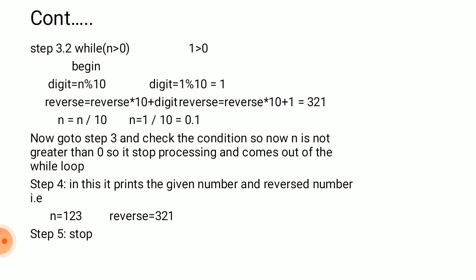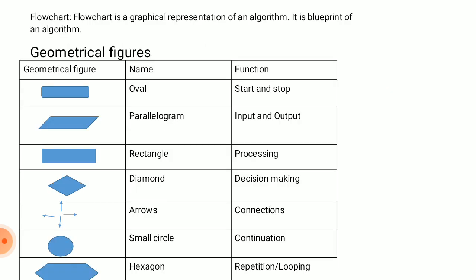Okay, according to the condition, see how the statements are executed. Just write the numbers, take some example and try to trace the algorithm, then you will definitely understand. Okay, next concept is flowchart. And one more thing, there are 2 more algorithms left, but I will explain them as and when the concept of those algorithms comes up in the next unit. Okay, we will discuss it at that time only.